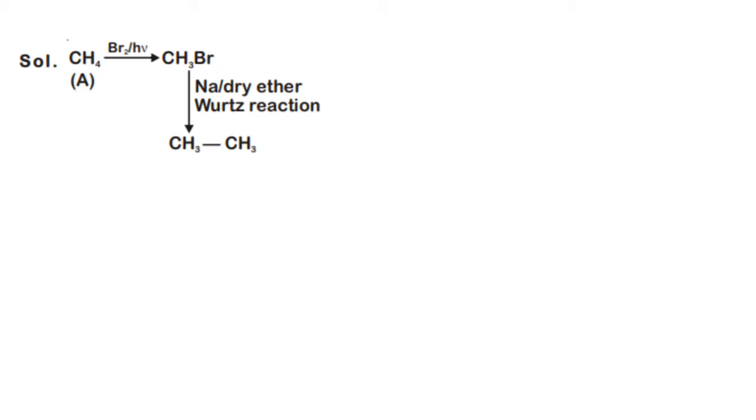Let's start solving it. So we started with CH4 and then we are making its reaction with Br2 in presence of sunlight, and that gives us CH3Br, and upon its reaction with dry ether and sodium we are causing this Wurtz reaction, and due to which what happens is CH3Br plus CH3Br